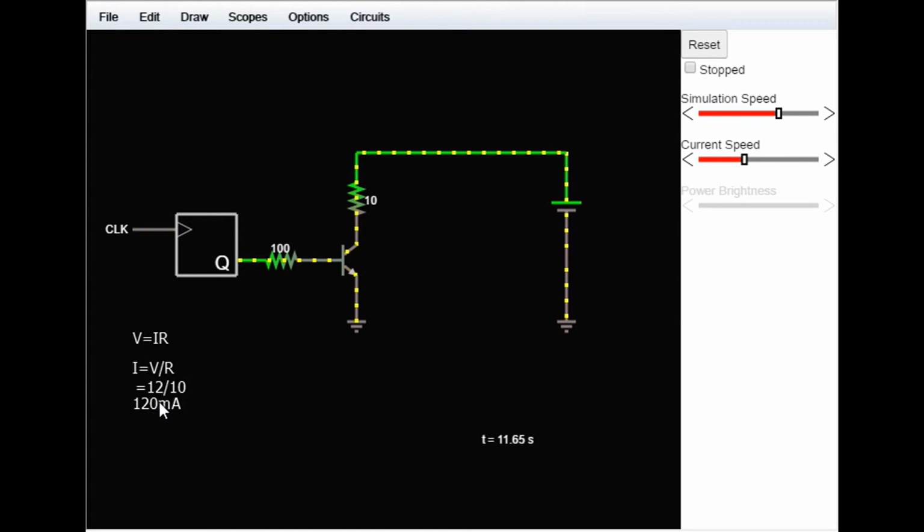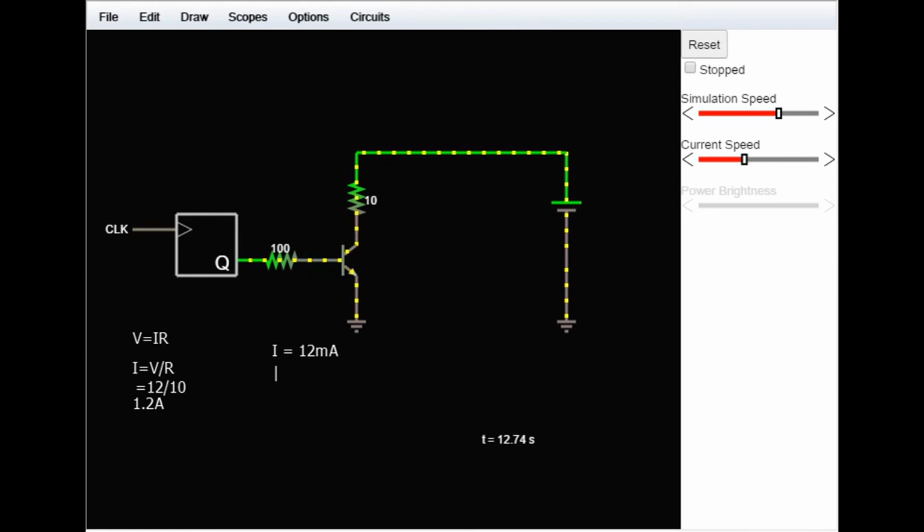1.2. Oh, sorry, my mistake. It's actually 1.2 amps. Now, in order to drive 1.2 amps, the amount of current coming into the transistor needs to be at least 100 times less than that. So let's do another quick equation here. We know 100 times less than 1.2 amps is 12 milliamps, right?